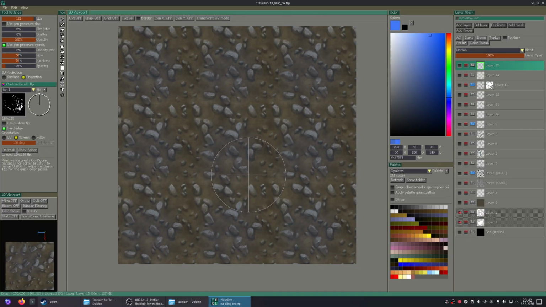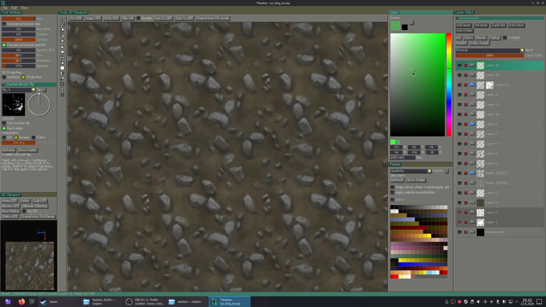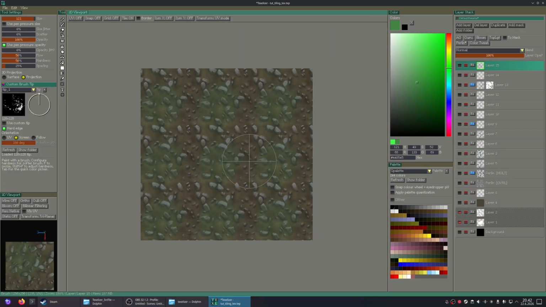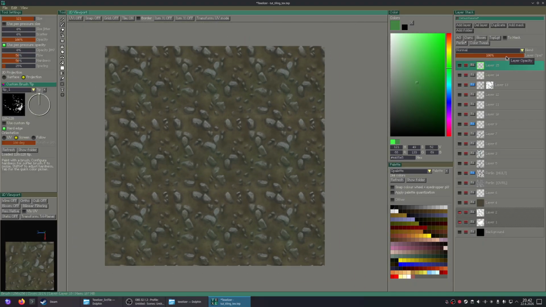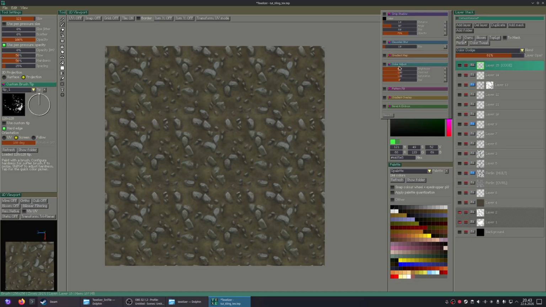Next win. Well, I will try to introduce some green. Some green to tie it together, but it's slightly weird that it's green, but I do like it still.